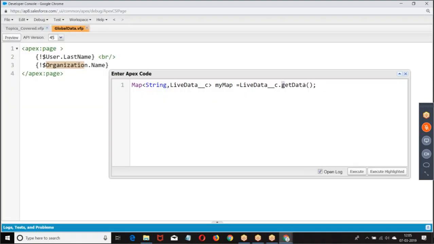What was it? One minute. LiveData dot getAll. It gets all the records in the custom setting in the form of a map, where the Name field is the key and the custom setting record is the value.